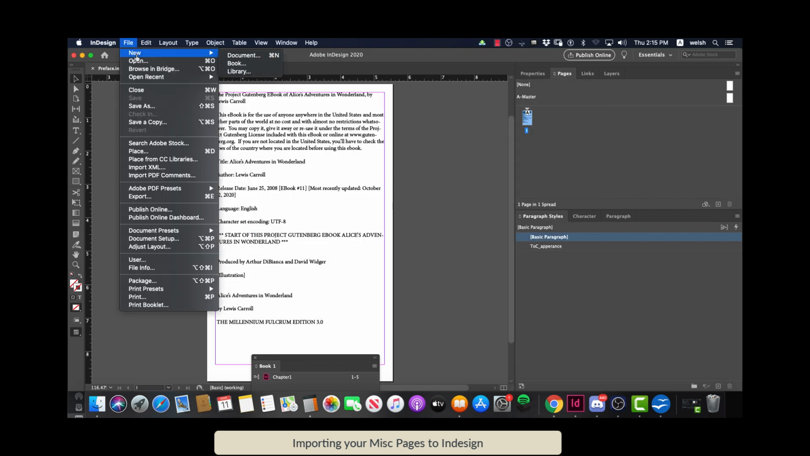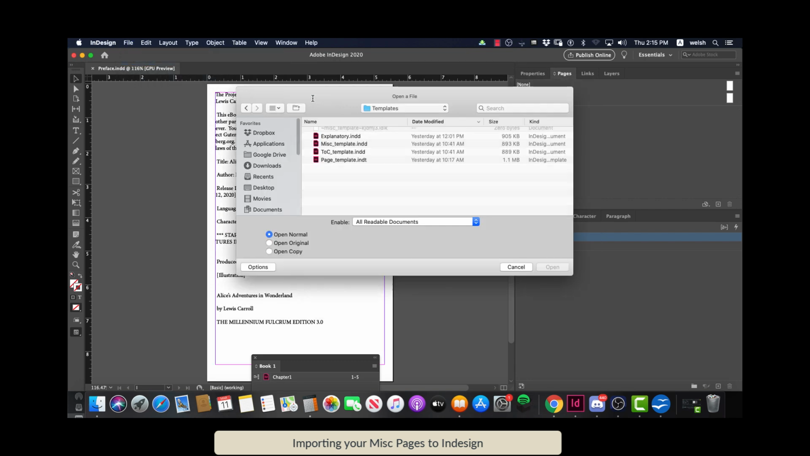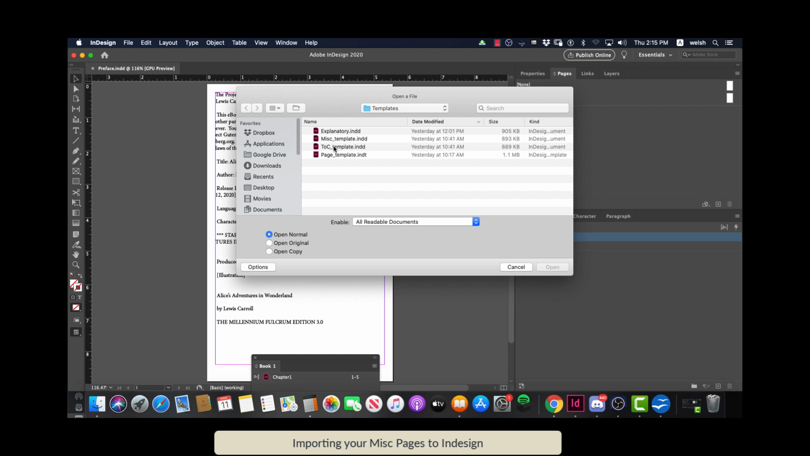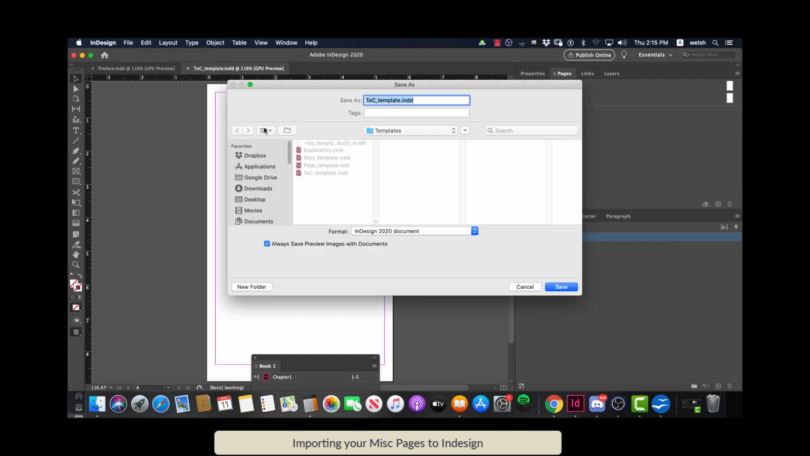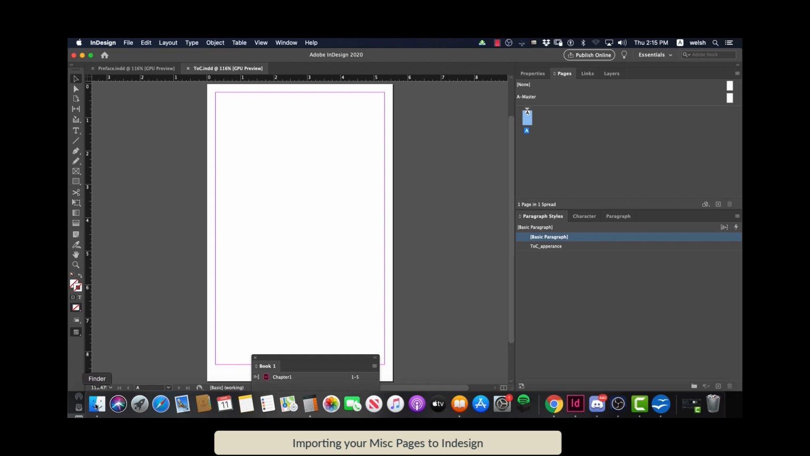Now the table of content is really easy. You don't do anything for that one. So let me handle that one right now. Here's my table of content. And all I'm doing is saving this into a different folder and call it TOC. So in that folder,